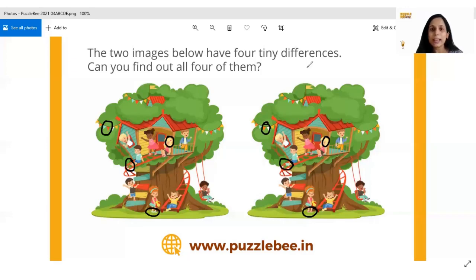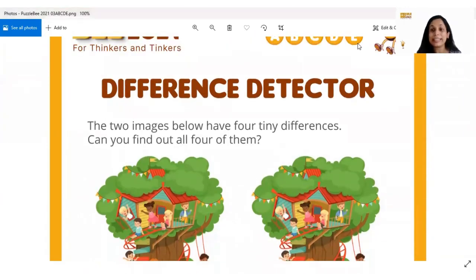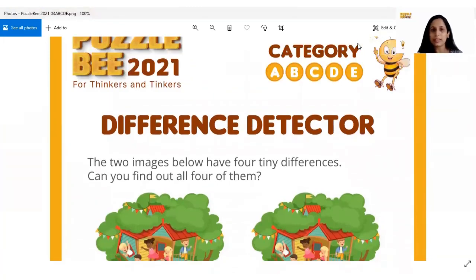But I have one question for all of you. Since we have already had 3 days of sample puzzles being discussed here, my question to you is, have you spotted any pattern in the names of all the puzzles? Okay, so today the name is difference detector. Go back and take a look at the names for the sample puzzles you had on day 1, day 2. You can even check day 4 onwards. And let me know if you find any specific pattern in the names of all these puzzles.